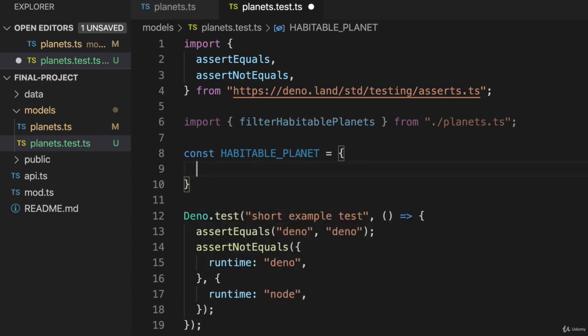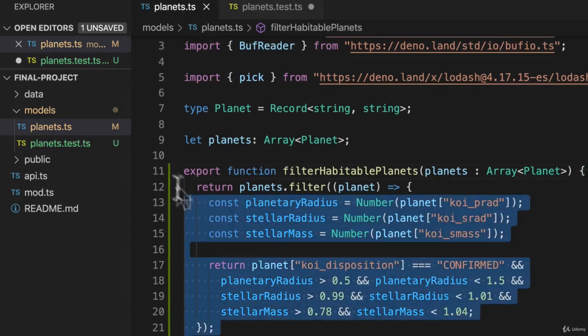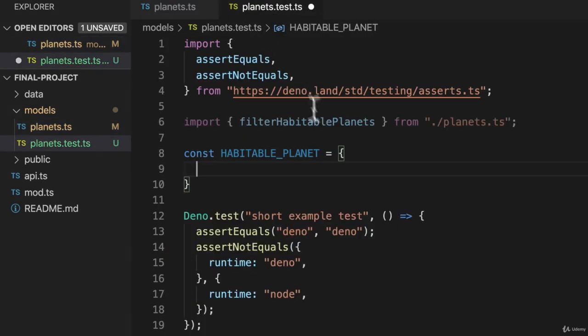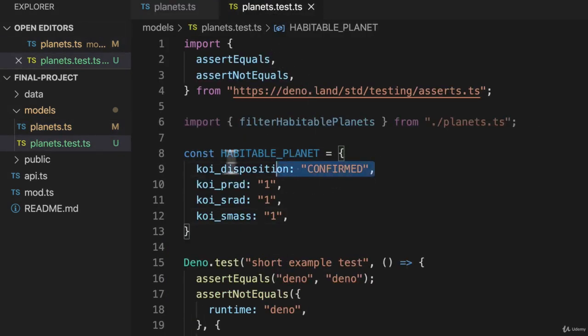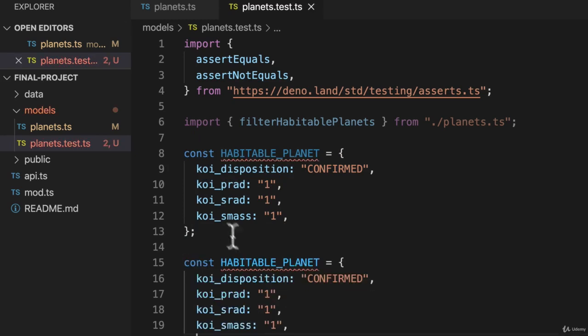So what planet has all of the criteria that we need from a habitable planet? Well, Earth. So Earth would be a confirmed planet. Earth has a planetary radius of 1 times the size of Earth. And our Sun exactly matches 1 solar radius and 1 solar mass. So this is what we want our function to return,